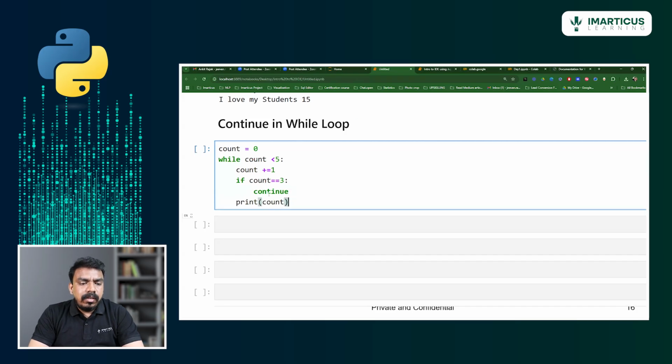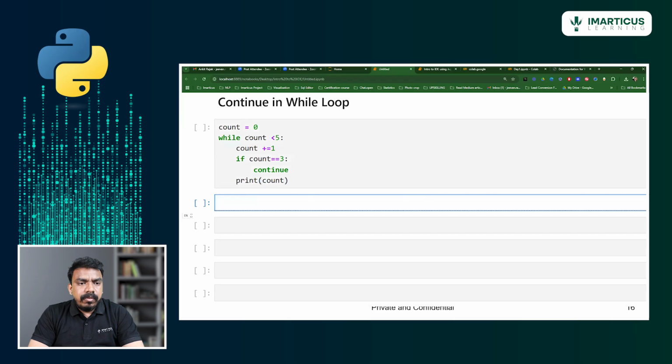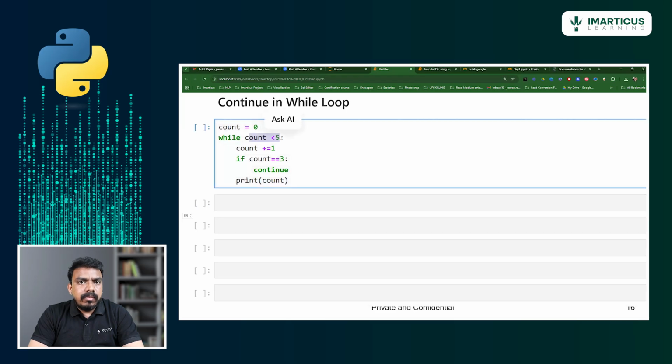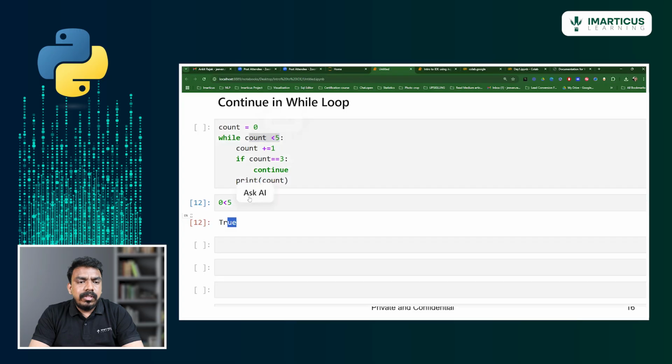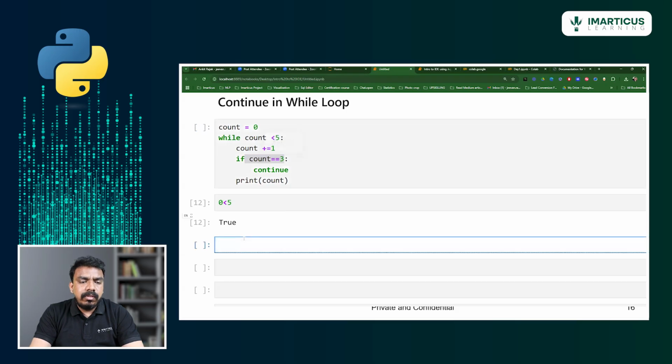So what happens now? First it will check this condition: whether 0 is less than 5? Of course, yes. The output is true. So that means this condition is satisfied. Once this condition is satisfied, it will go for count plus equals to 1. That means the value of count will become 1, and it will check whether 1 is equal to 3.